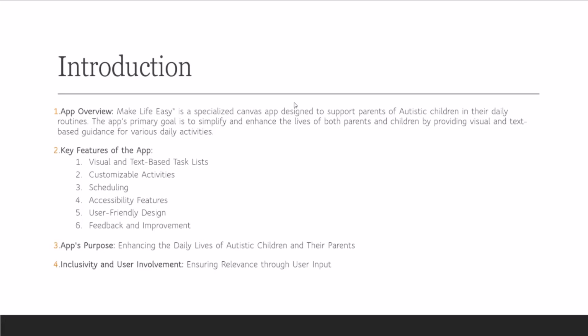The key features were the visual and text-based task list, customizable activities, scheduling, accessibility features, user-friendly design, and feedback and improvement. The main purpose of this app was enhancing the daily lives of autistic children and their parents.